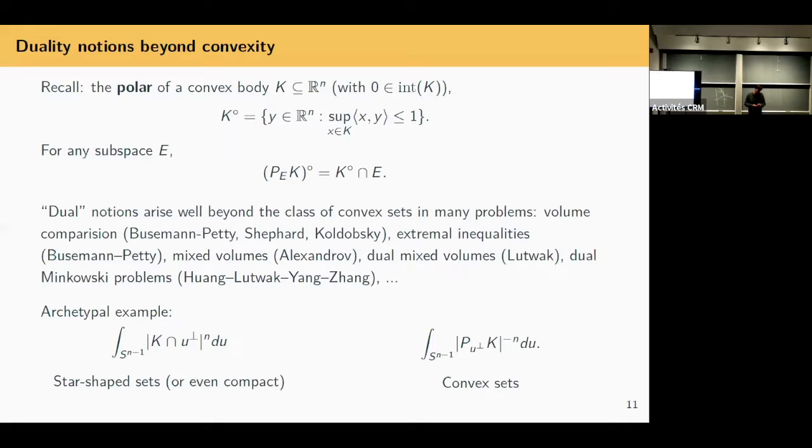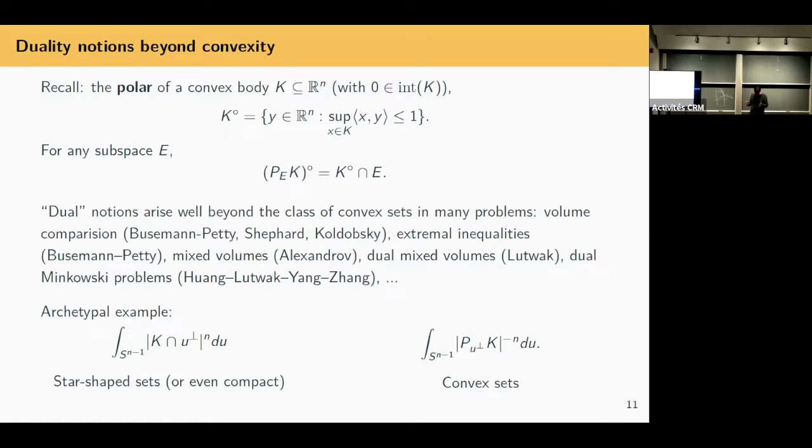Now, in norm space language, if you take a quotient, the dual of a quotient, right? It's a subspace of the dual, right? In geometric language, the polar of a projection is a section of the polar. Okay, but this is a duality that's heavily based on convexity. Convexity is built into those definitions.